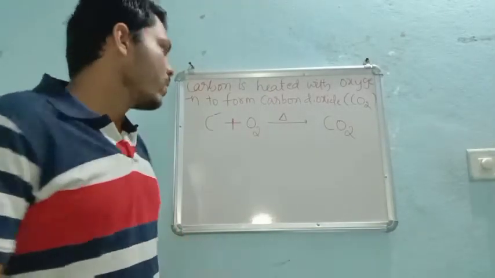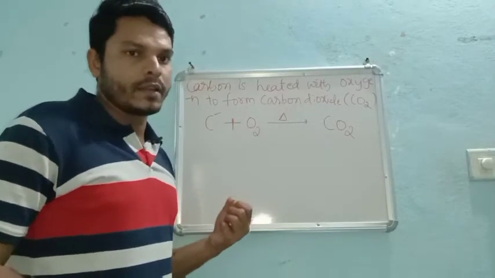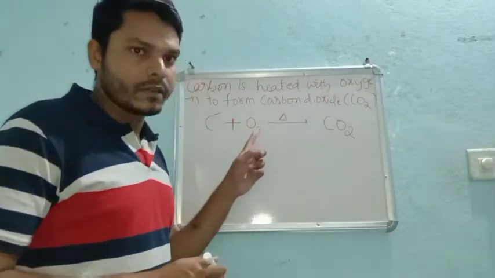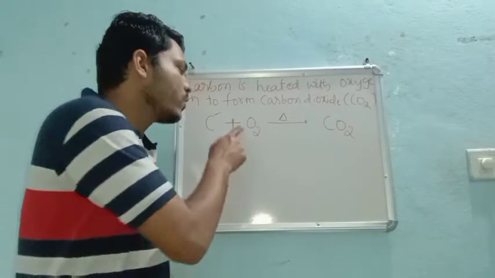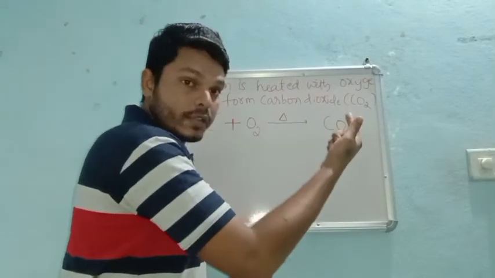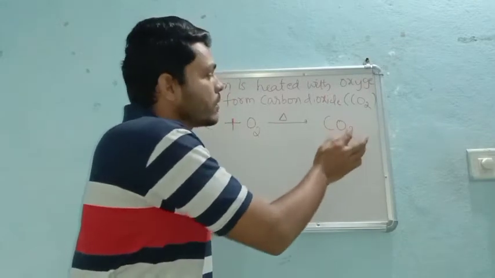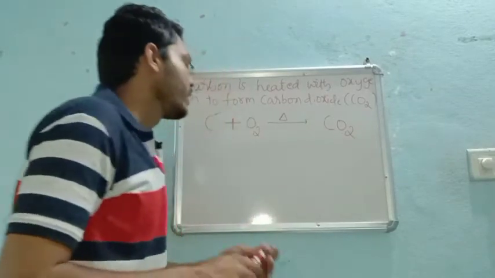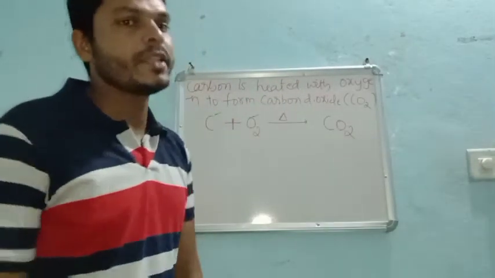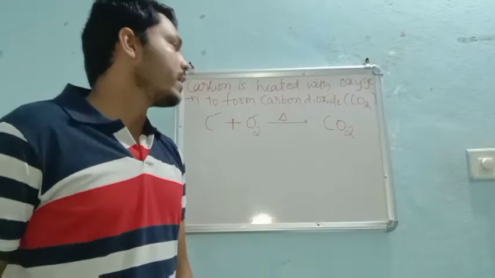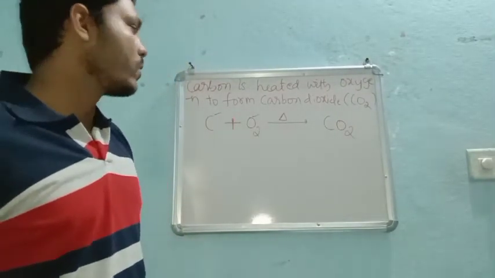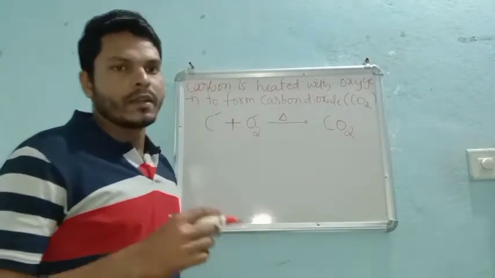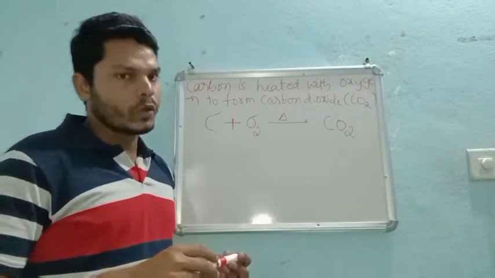Now check, there is one more element over here, that is oxygen. You check how many oxygens are present. Oxygen means O2, again you might get confused. How many O are present? 2. Now check whether the 2 O are there at the product side or not. O2 means there are 2 O's. Here the oxygen is also balanced. That means they have given the balanced equation, so no need to balance it. These are some cases we can get in our questions, right?